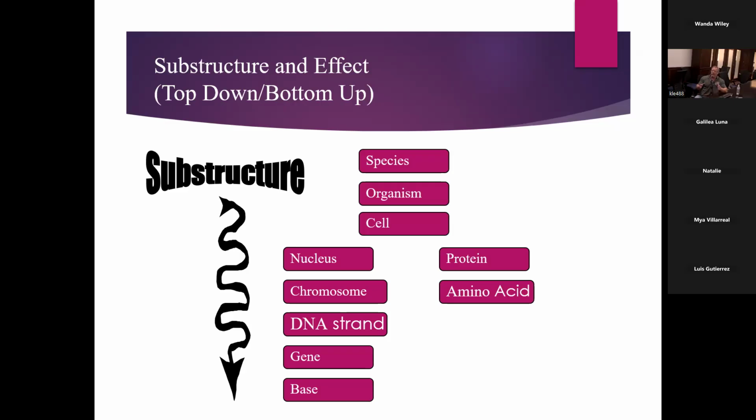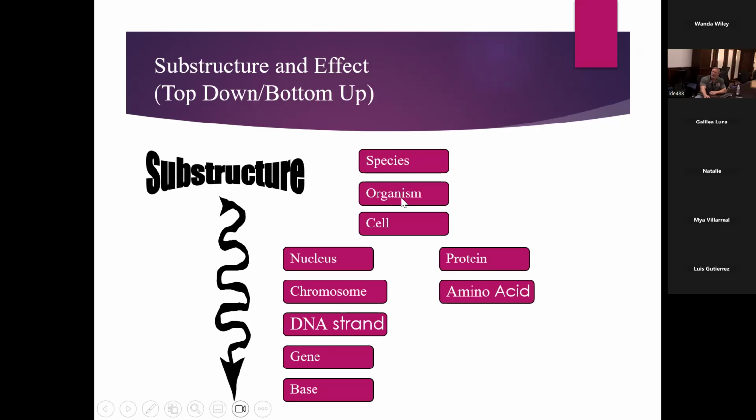So we have this flow of information in biology that starts at the DNA molecule, which produces a protein, and then the protein is going to end up carrying out some kind of function. We can sometimes refer to this as a top-down or a bottom-up effect. So if you look at this graph here, we see that we have animal species, and within those species are